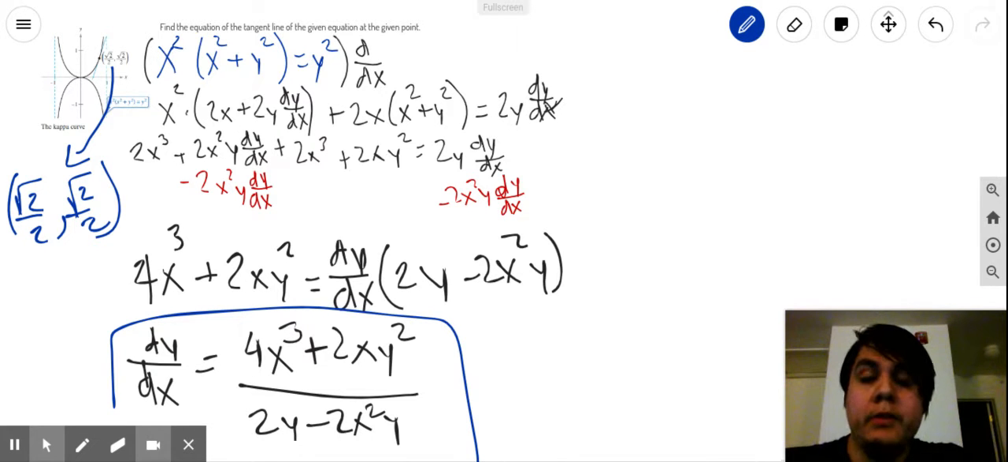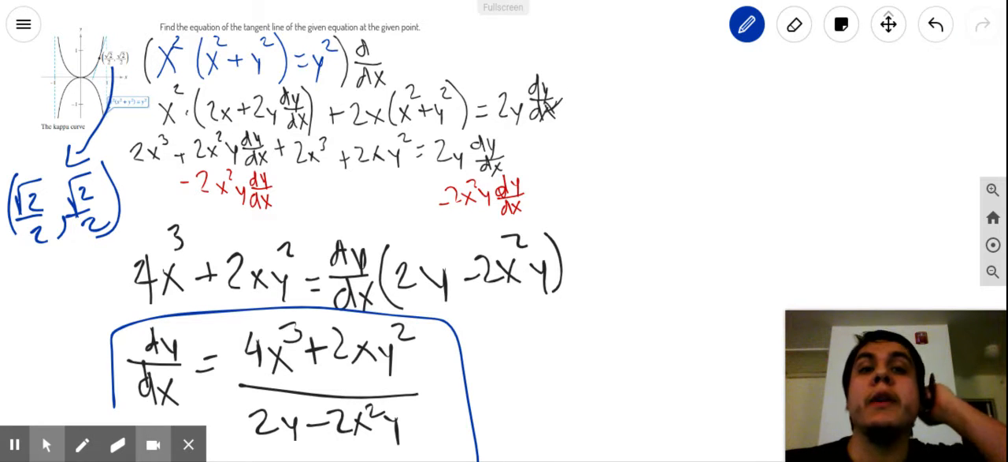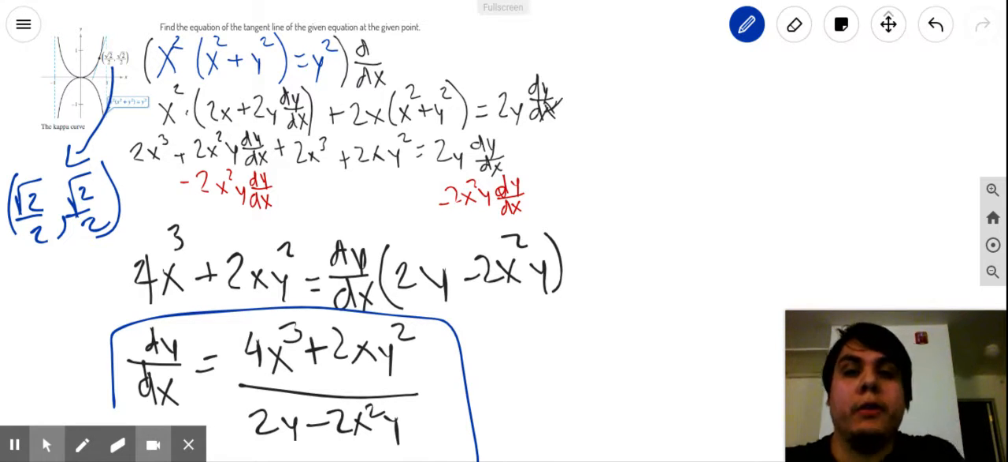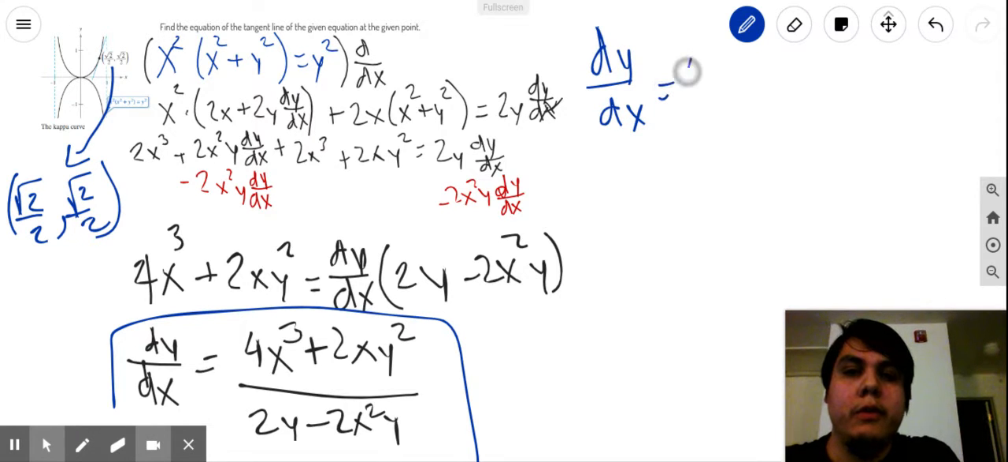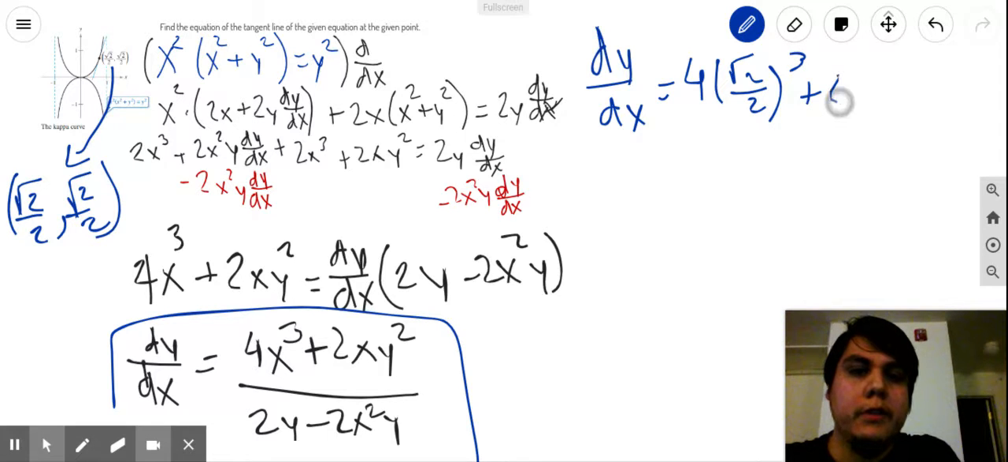So let's pick up. In the last video, the last thing we did was figure out the equation for the derivative dy/dx. We figured out the point that they gave us. All we have to do now is just plug it in. So that would mean that dy/dx should equal 4 times (square root of 2 over 2) cubed, plus 2 times the square root of 2 over 2 times (square root of 2 over 2) squared,